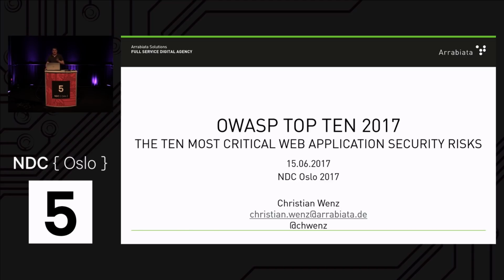There have been some discussions, recently and also since a while, whether this list is still relevant. Because how is this list assembled? Basically, security researchers anonymize the results of their audits and put it into a system. So if they have found a certain risk that many times and another risk that many times, it's put in. And in the end, the people responsible at OWASP for that list kind of do the math, try to categorize everything, and then put out a top 10 list.